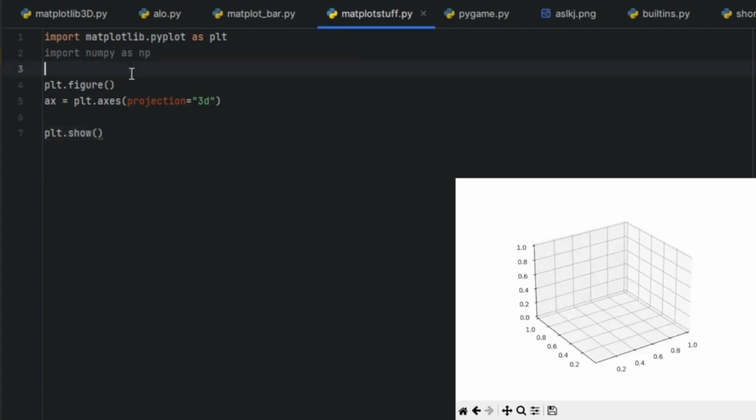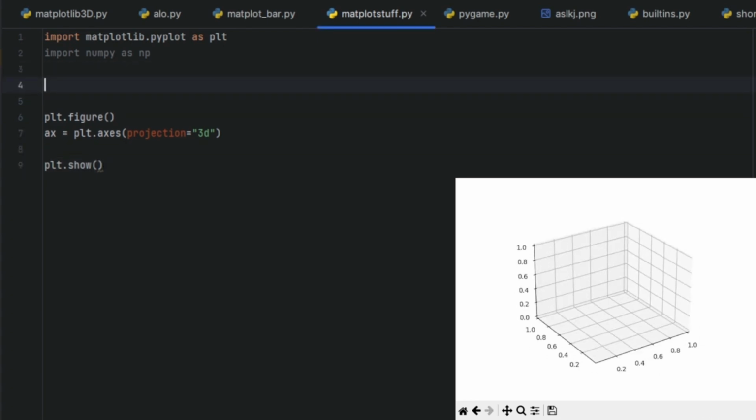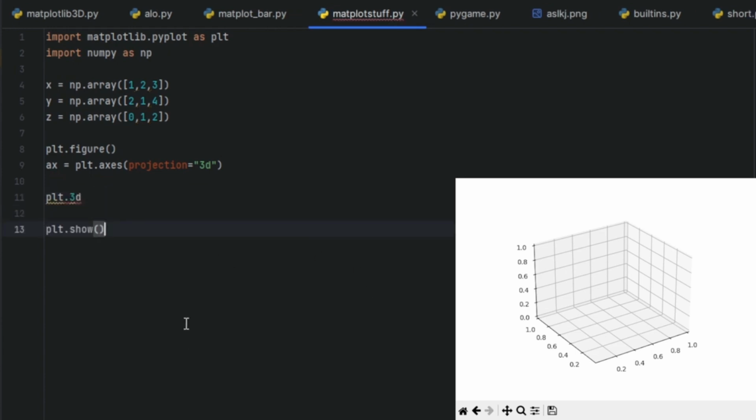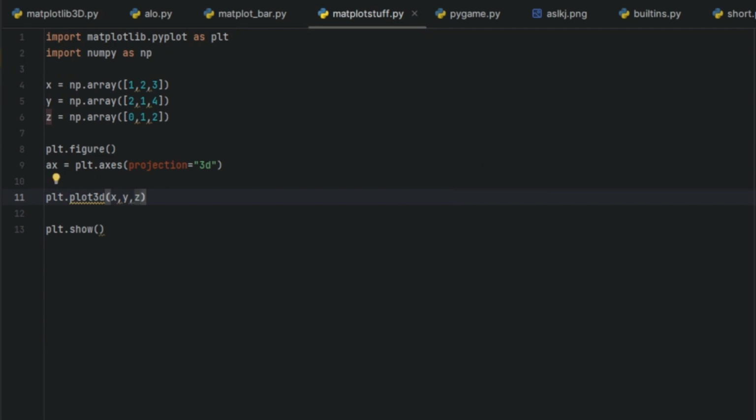We even know that. And yeah, by declaring, let's say, 3 numpy arrays, because we have 3 axes. For a simple graph, we need 3 one-dimensional numpy arrays, then plt.show. Yeah, I had to look up the function, it was plot3D, taking at least 3 arguments, which are the axes. And if we run our code,